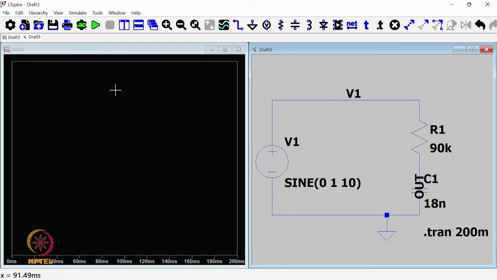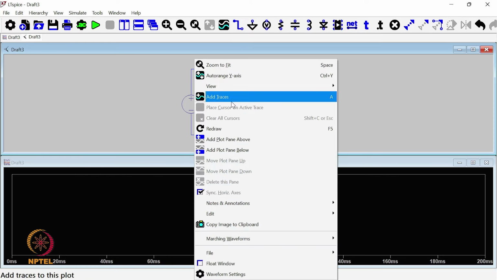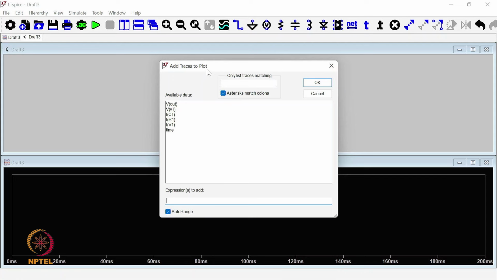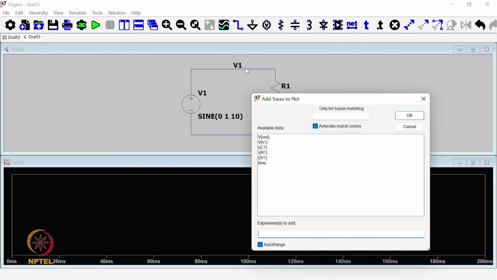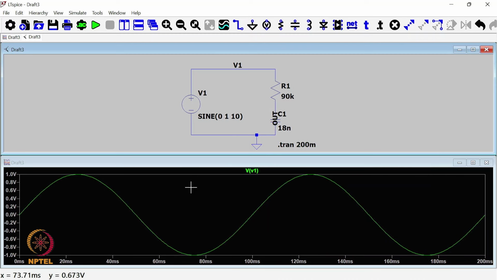and you see this is the simulation. Let's see this at trace. If you see on the x axis, it's already 0 millisecond to 200 millisecond, which is time on the x axis. Now we add the traces. First we want to see the input voltage which we are applying, which is V1. So the voltage at V1 we want to see. This is the sinusoidal voltage source,